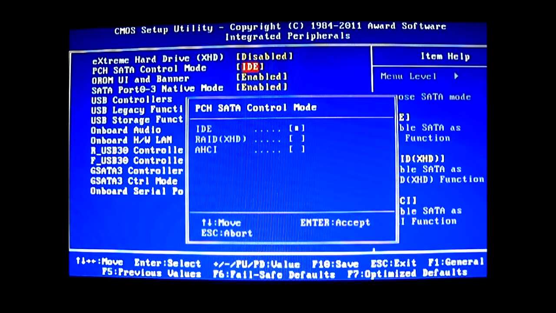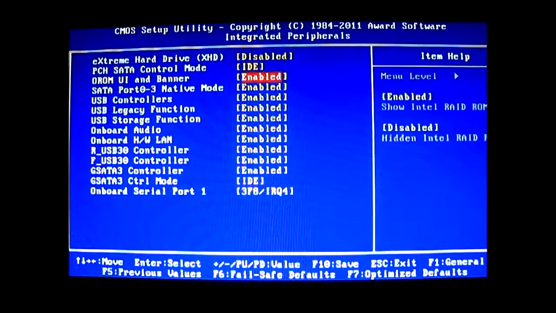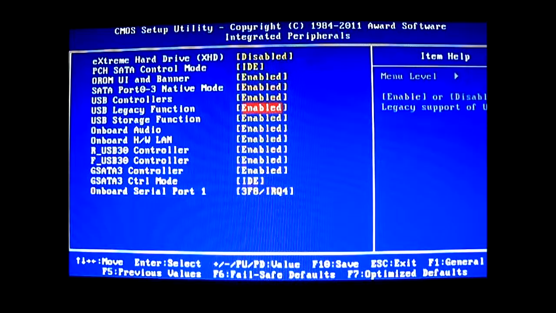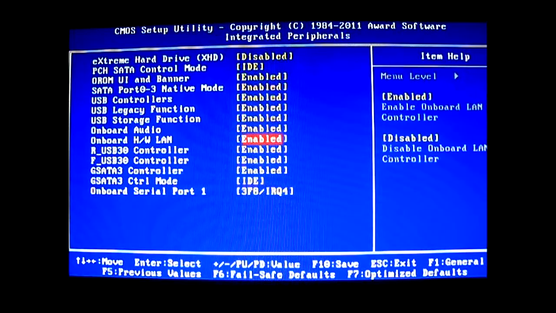For AHCI is if you do want to enable the hotspot function. Just plug in a hard drive, or just unplug one, and you have the optional ROM and UI banner at the beginning. So these are all enabled. You have the SATA port 0 to 1 to 3 native mode, USB controllers, USB legacy function, onboard audio or